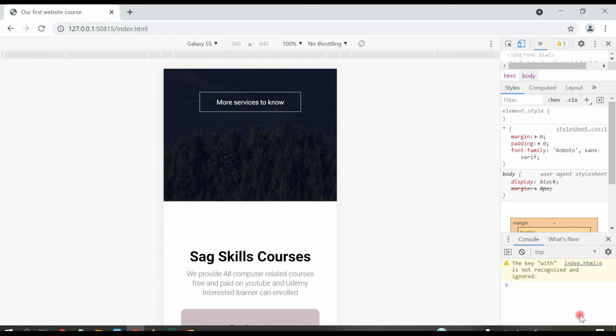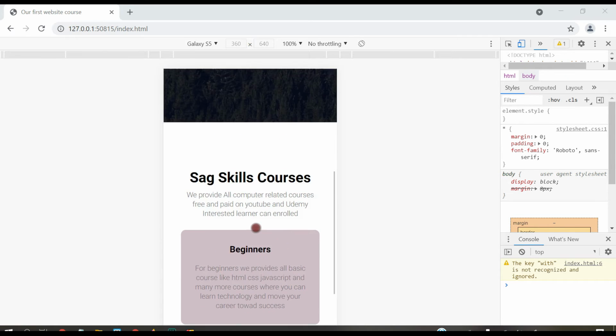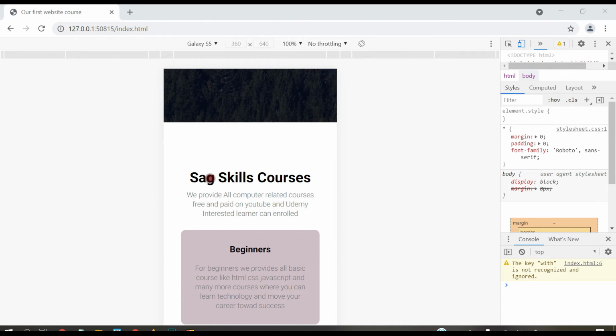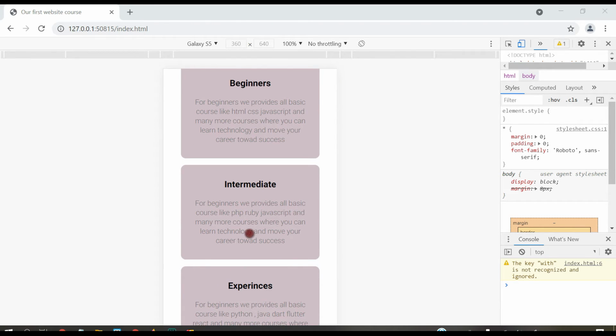So next, after these sections of columns, after the skills section, we have to add one more section.